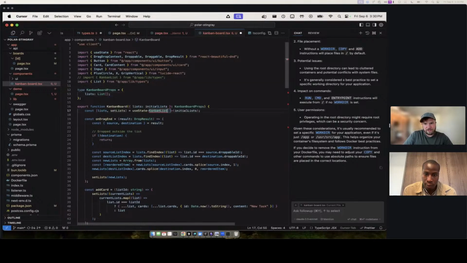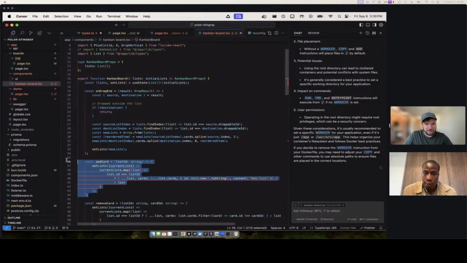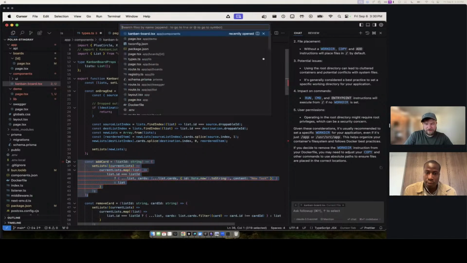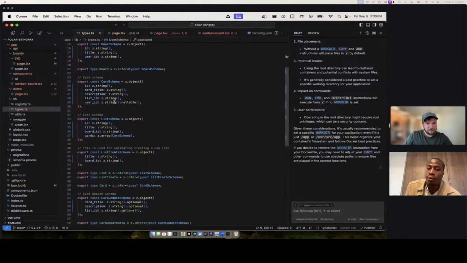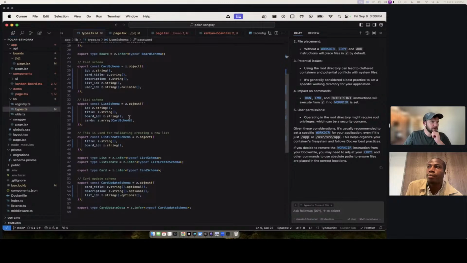So I want to talk a bit about types later because I think that's where a ton of the value is. I have types set up in this project very lightly. I use Zod for creating a schema, which is really nice for data validation, and then also generating Swagger docs off of it. And then you can just infer the types off of that. So I try to just have one spot that I define the types for a whole project.